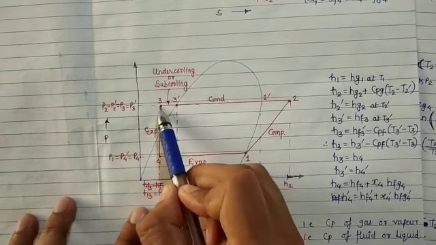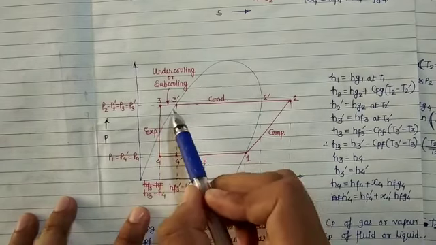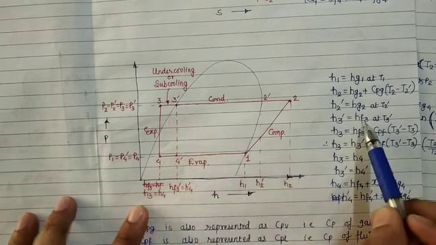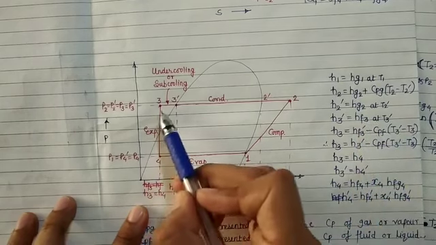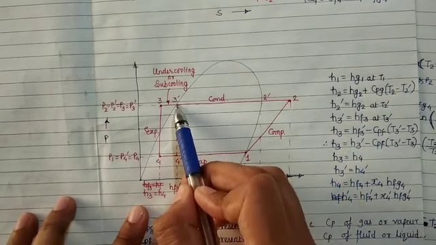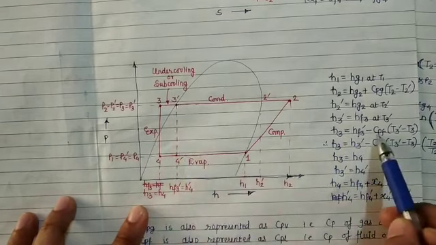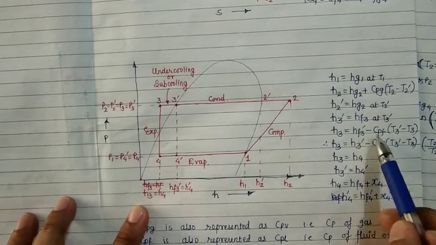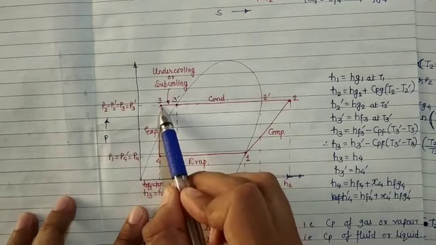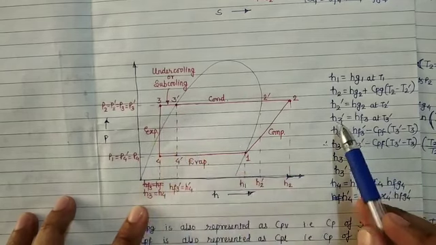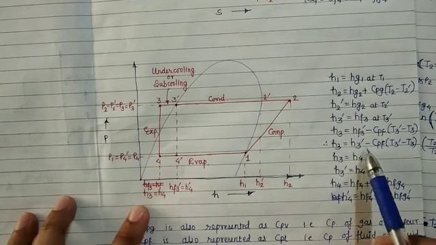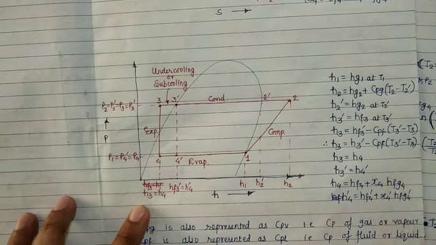H3 is in the completely liquid region. So if a particular point is on the saturated liquid line, then we take it as HF3 directly. But now it is in the liquid region, so this formula needs to be taken. H3 is equal to HF3 dash minus Cpf, Cp of fluid or liquid, into T3 dash minus T3. So HF3 dash is nothing but H3 dash. So I have again written this formula as H3 equals H3 dash minus Cpf into T3 dash minus T3.